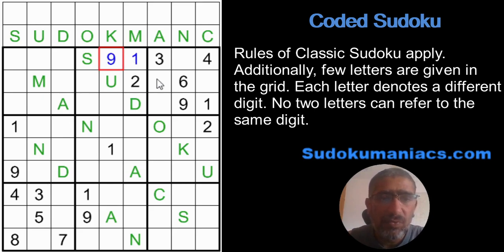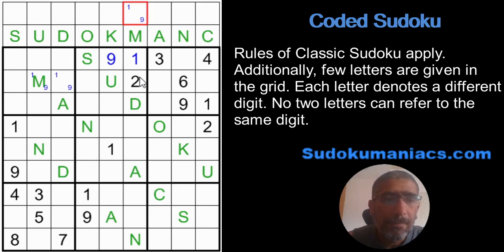And the moment I get this 1 9 and I have the 1 9 present in column 1, I know for sure these two cells become a pair of 1 9, which means the letter M can only refer to either 1 or 9. So I simply place these here. So this is how I use the space outside the grid to help me focus on the possibilities for each letter.